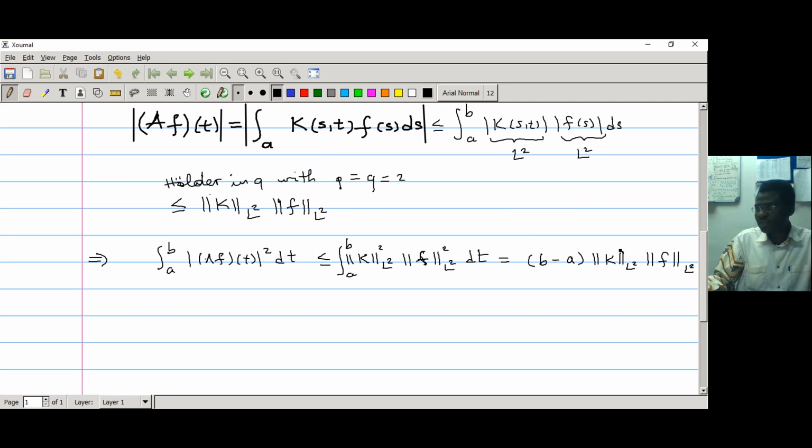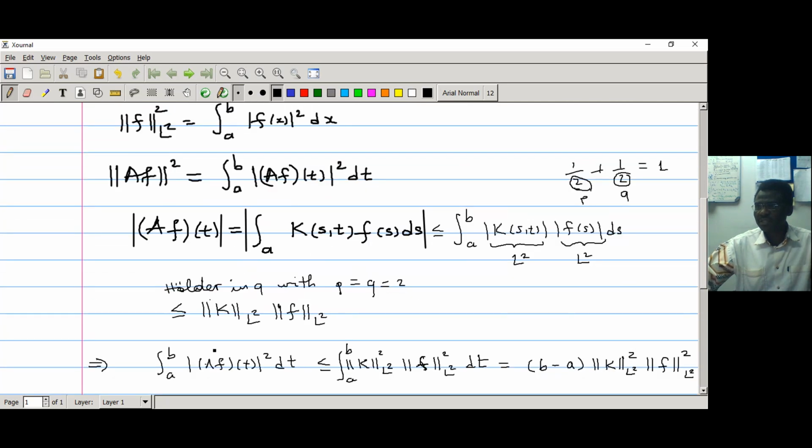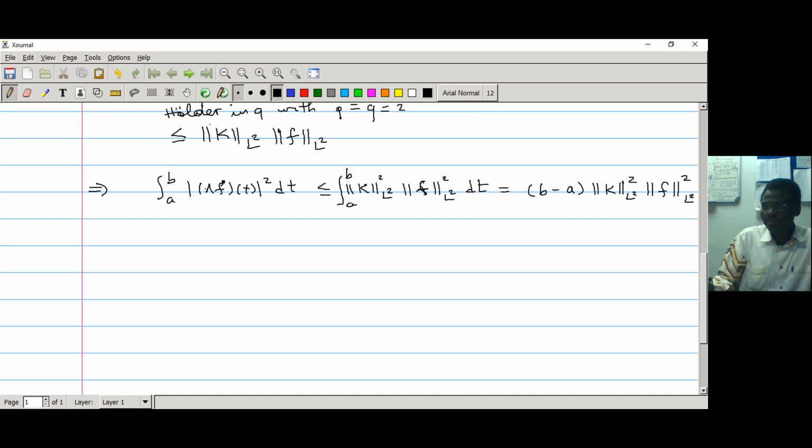Of course, it's squared because that's what I take out. Now, by definition, this is the norm of Af squared. So I will just apply the square root to that to get the result. This implies that if I write this and take the square root of all this, it is equal to the square root of b minus a, times